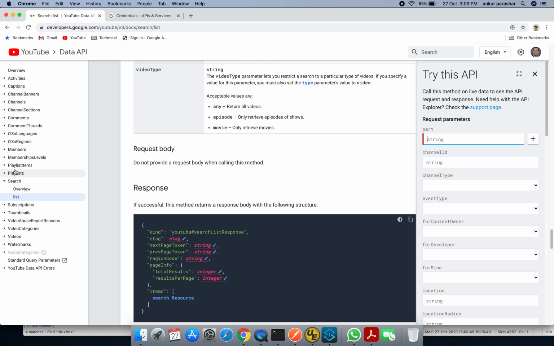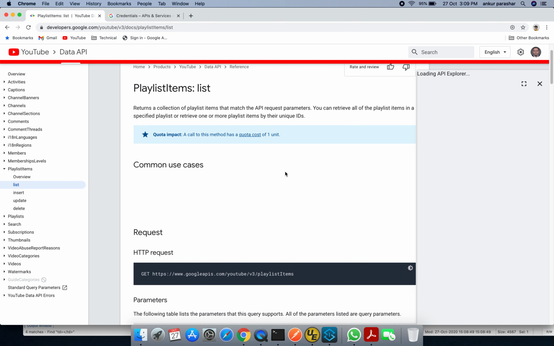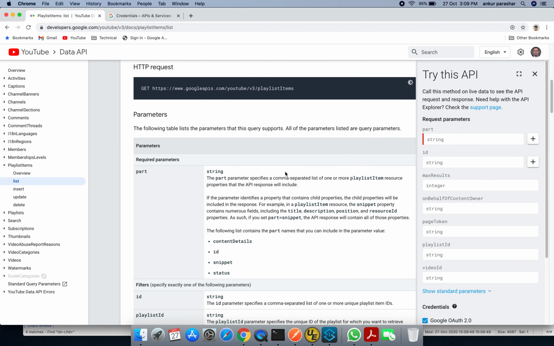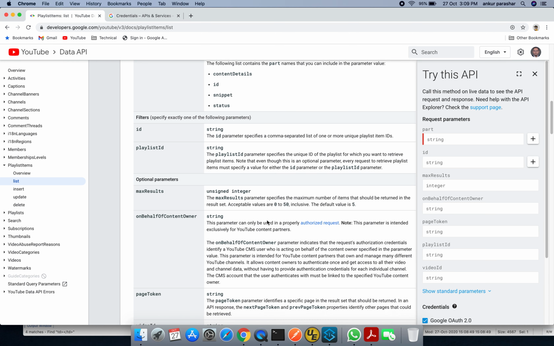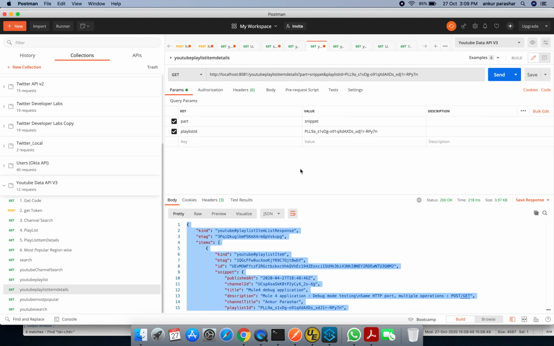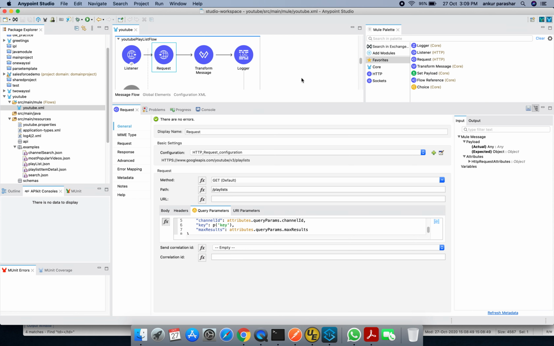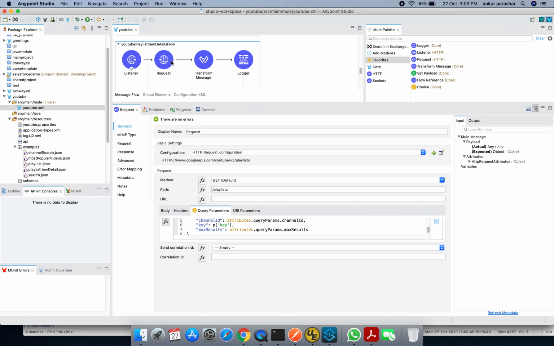I need to search for the playlist items list. So max results you can increase, and by default it is 5. You can increase up to 50 inclusive. Okay, so this was about the playlist item details, and the Mule flow about it is like this.